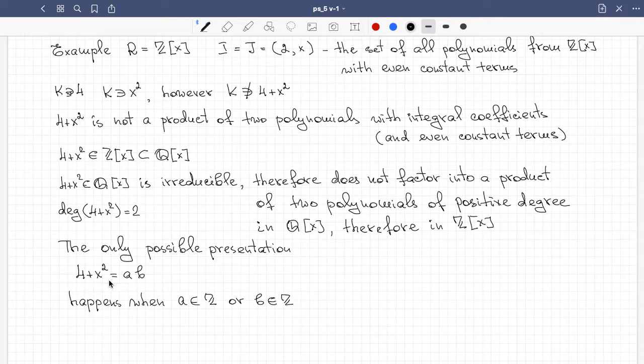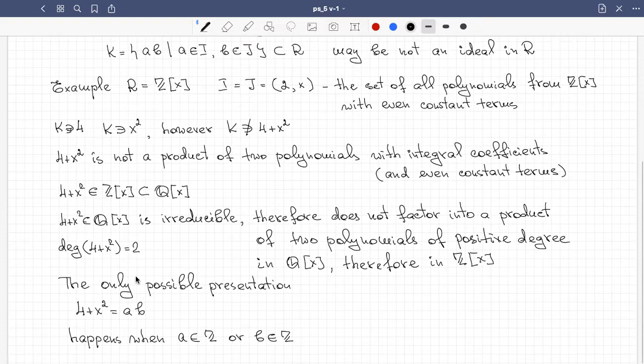We want to factor this polynomial into elements of I and J, which are both elements of our polynomial ring. So now this cannot be two polynomials of positive degree, so one of these factors must be an integer. So this is an integer times a polynomial. Now we'll look at the leading term and understand that the integer must be